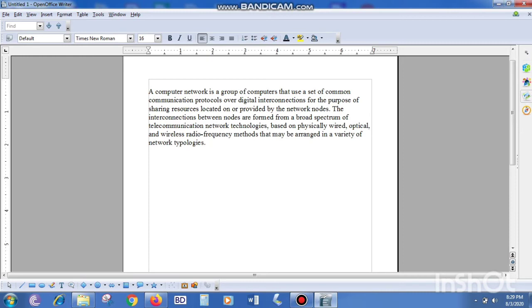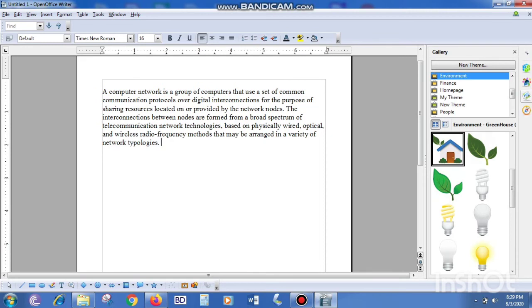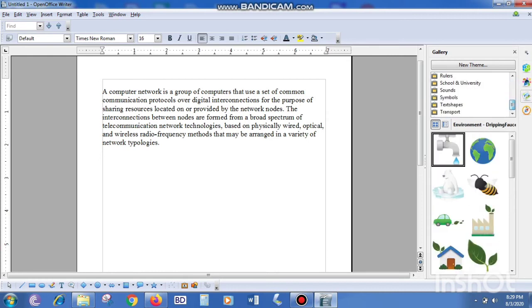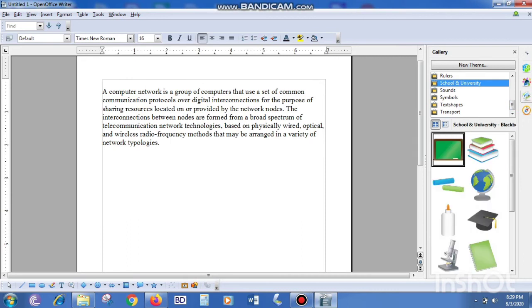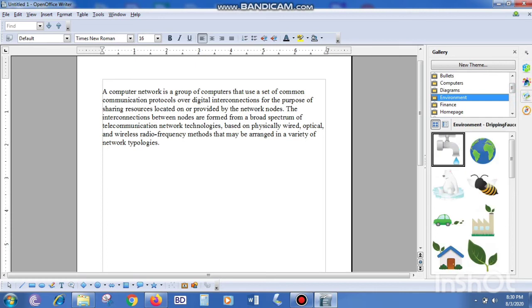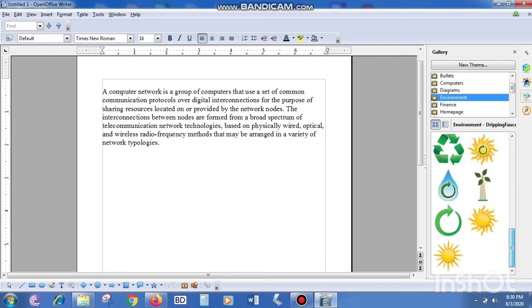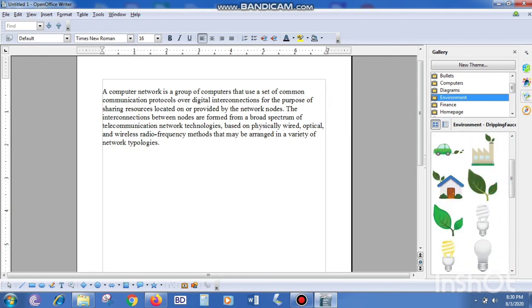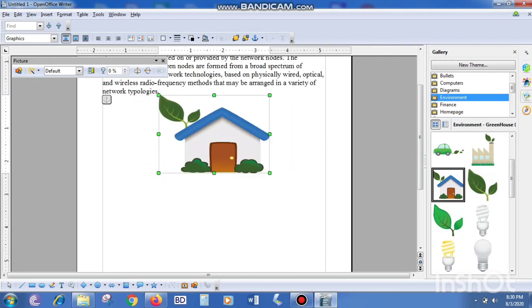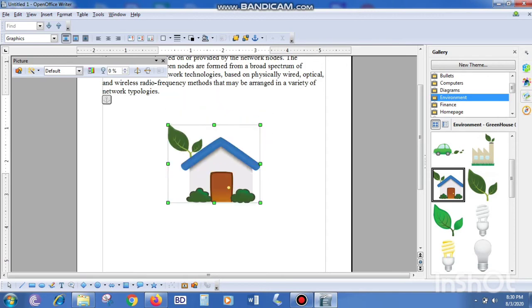Now, insert an image by clicking on the Gallery button at the right side of the window, or you can also insert a picture by just clicking on the Insert tab and selecting the Picture option from your device. In Gallery, you will get different predefined pictures which you can select from any of the folders of your choice. After selecting, insert a picture and resize it as per your requirement using the corner buttons.